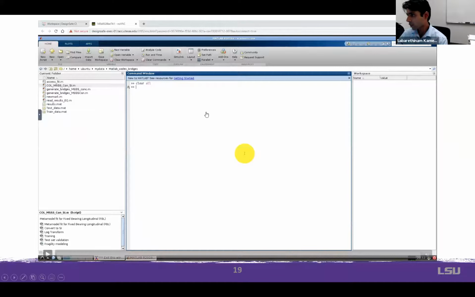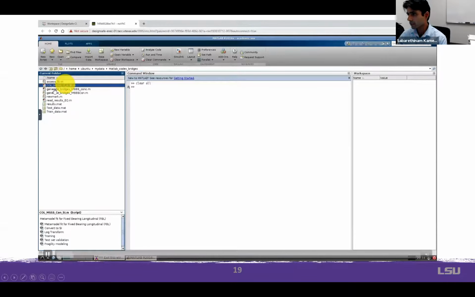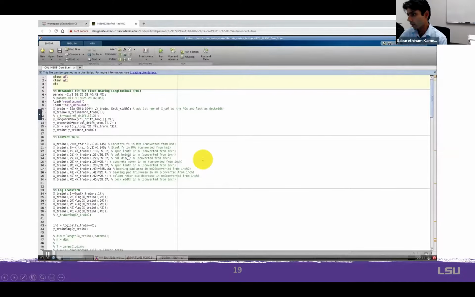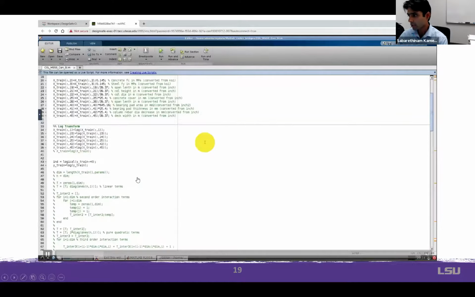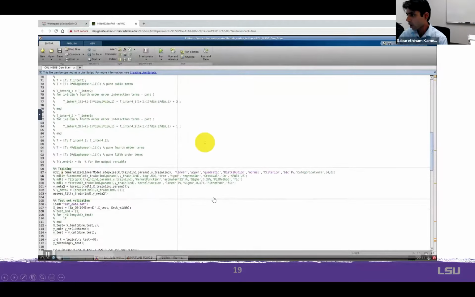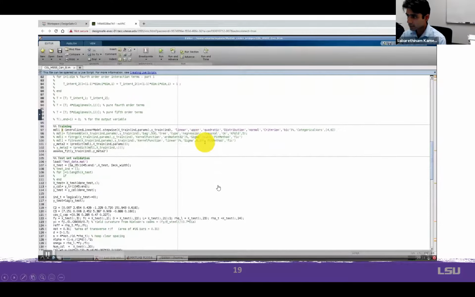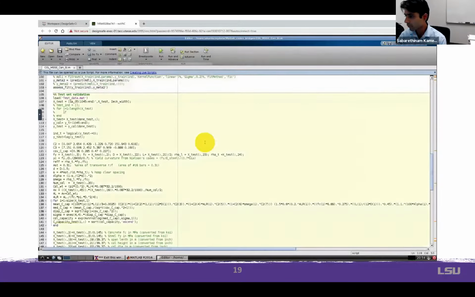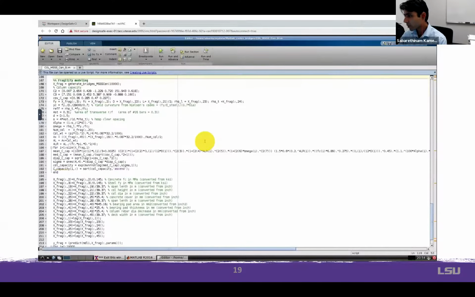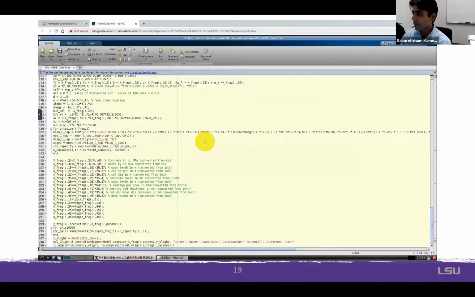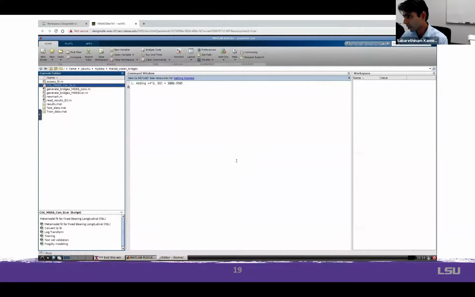This one here shows how we do the stepwise logistic regression on DesignSafe itself. This is the code that we have for demand modeling using response surface models, and then finally for fragility modeling using stepwise logistic regression. All the data from this study has already been published, which I'll be showing you in a few minutes. But all these codes will also be published eventually. Within a few months, we are planning to publish all of this data and these codes as well. If anyone is interested in using this data or our OpenSees codes or our MATLAB codes, they will all be available. OpenSees codes are actually available on DesignSafe right now.